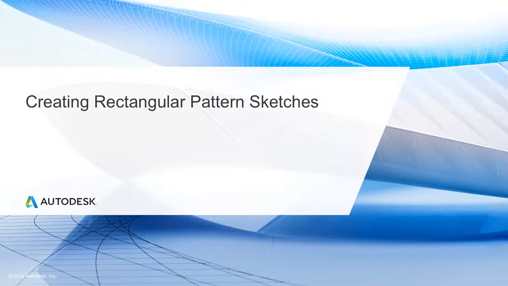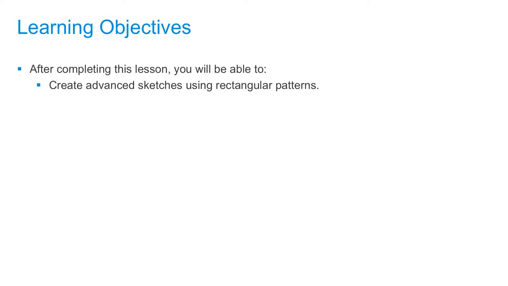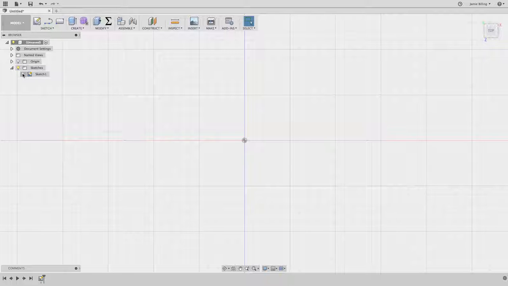In this tutorial, we're going to be looking at creating rectangular patterns for our sketches. After completing this tutorial, you'll be able to create sketches using rectangular patterns in Fusion 360. Following from the previous tutorial, we'll need to first toggle off the visibility for the circular pattern sketch by switching